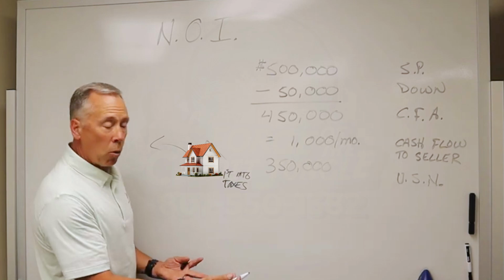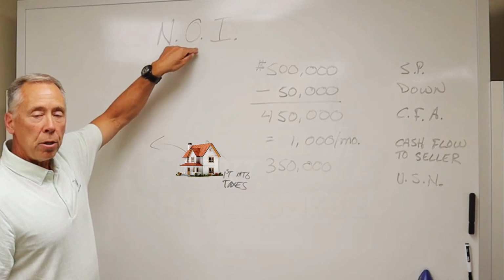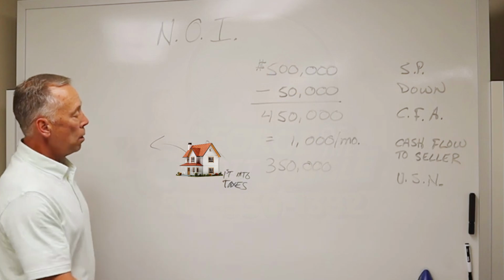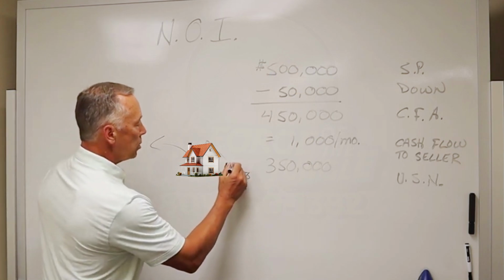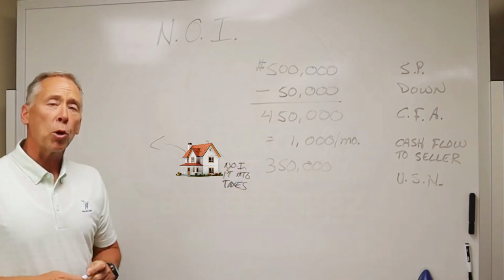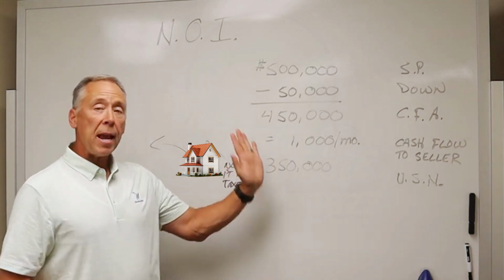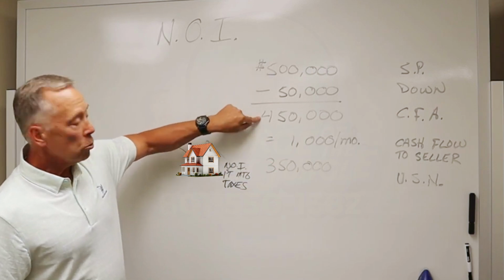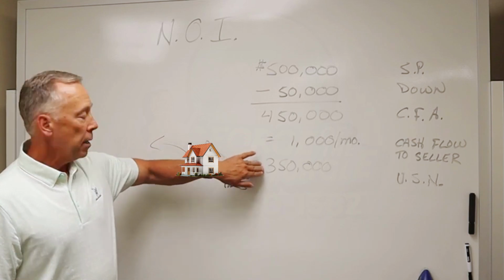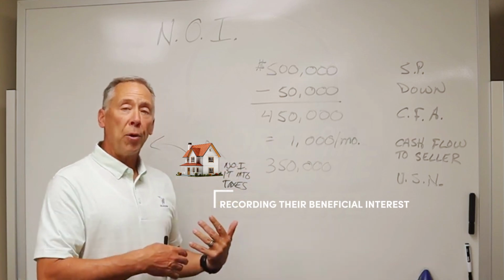So now the pecking order here is first claim is taxes, then the mortgage, and then what we do as soon as we've closed on this transaction with a contract for deed, we have the notice of interest, which comes into place. That is a recorded document. Normally it would just reference that on this date, this party that owes this amount of money entered into a contract with the party who owes this amount of money, and we are recording their beneficial interest in this property, okay?